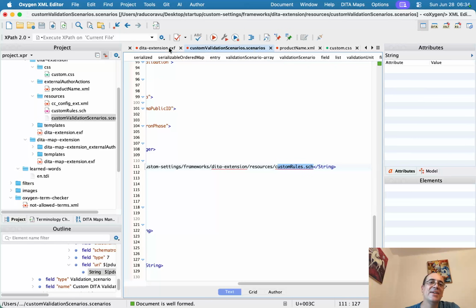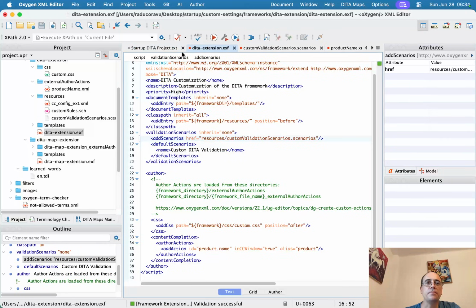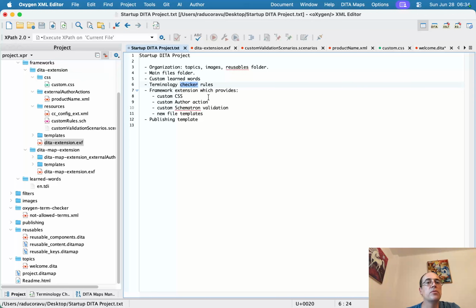Right, so not a bad way in which to start your own project, because you have a proper structure, you have custom learned words, terminology checker rules, and the custom framework which provides you custom CSS, author action, Schematron validation, new file templates, and now for the end I kept the